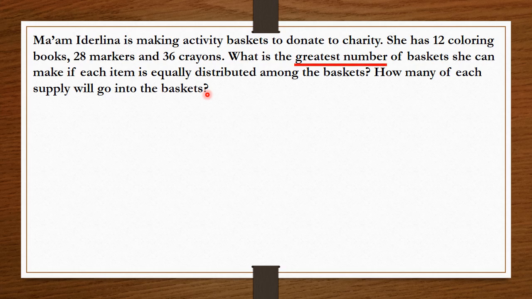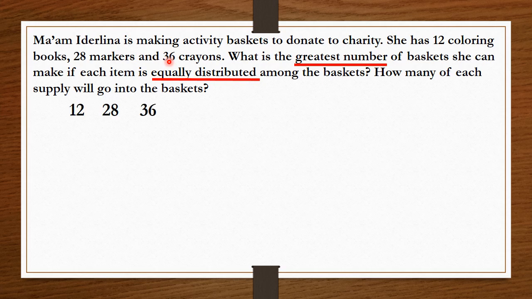So our keyword here to answer the problem is the greatest number. Since greatest number, we have to solve the problem by finding the greatest common factor. Another keyword, equally distributed. So equally distributed among the baskets. We have to solve by finding the greatest common factor. Now, let us find the greatest common factor of 12, 28, and